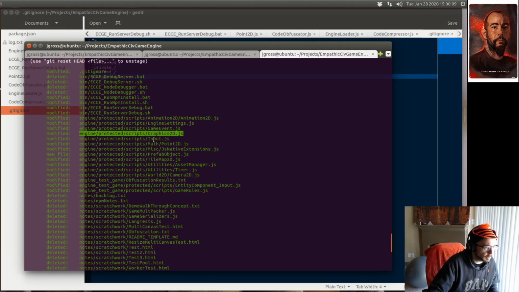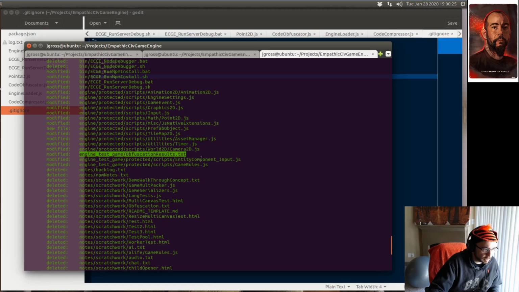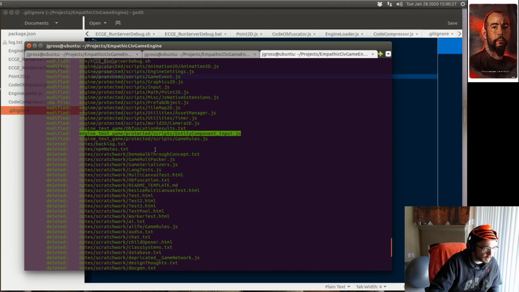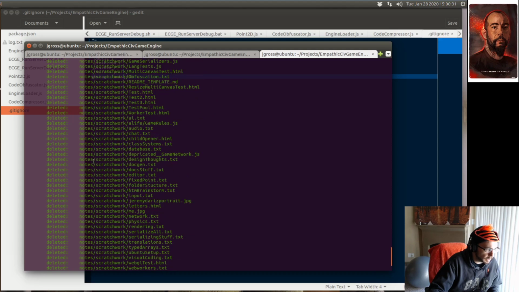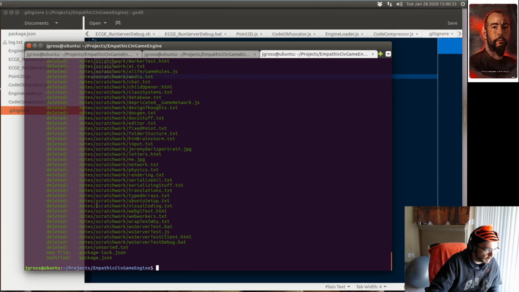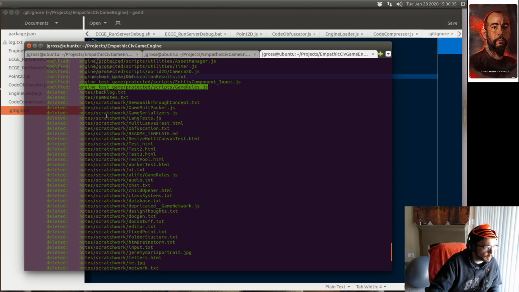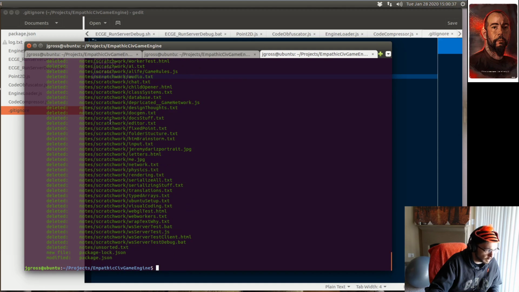We're going to go through and do a diff again. The input, yep. Math, yep. This extensions, yes. The prefab is a new file altogether. We modified the tiles, the asset manager, the timer, the camera, the obfuscation results, and the entity component input, along with the game rules. And then we deleted basically everything that was in that notes, scratch work folder because it's no longer relevant,